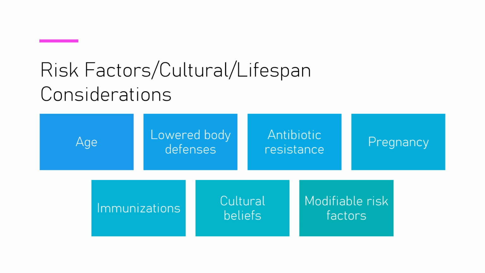For lower body defenses, this could be patients who are receiving treatment that lowers their ability to fight off infection, like chemotherapy or steroids. Heredity also influences the development of infection in that some people have a genetic susceptibility to certain infections. For example, some individuals are deficient in serum immunoglobulins, which play a significant role in the internal defense